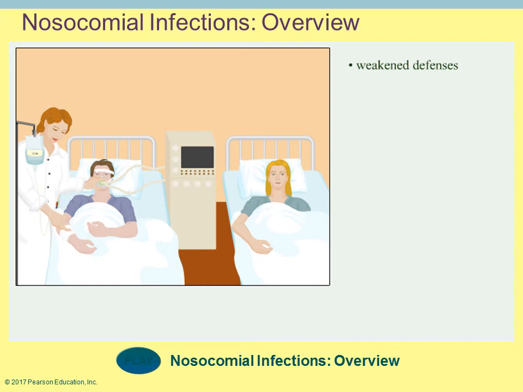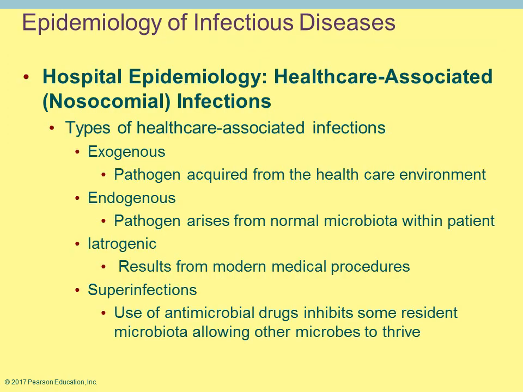Nosocomial infections. People are in a healthcare facility, such as a hospital, because they're not feeling well. They already have a weakened defense system. Their immune system is working overtime, so they are more susceptible to contracting secondary infections. Where can they get that from? They get that infection possibly from another patient, possibly from the environment they're in, the procedures they're getting, possibly from their own microbiota. The normal ones have been compromised, and an opportunistic one says, hey, opportunity knocked at the door and I'm opening it. Here we go.